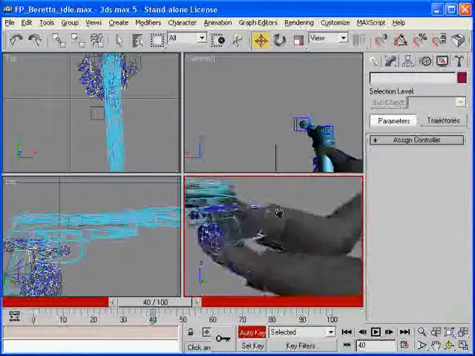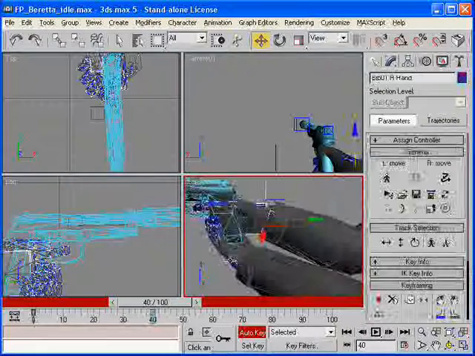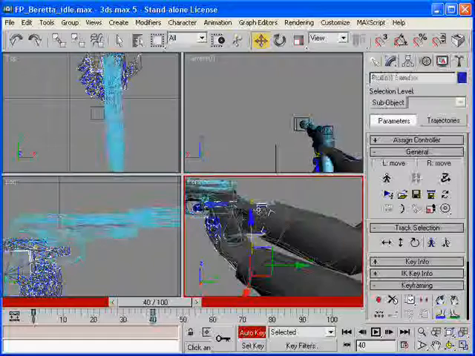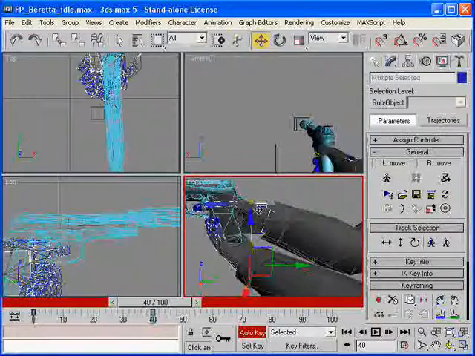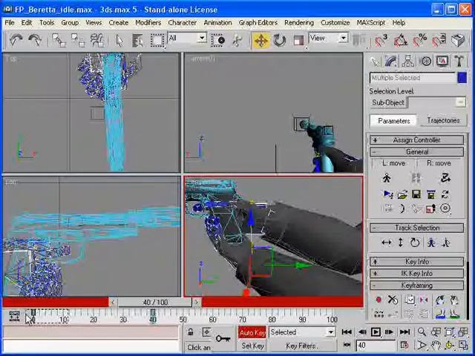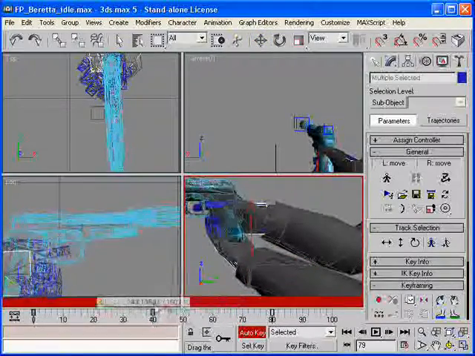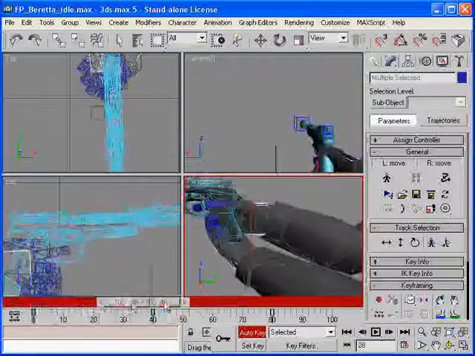Now, simply putting this back into its default position just by moving it back will be difficult, because we can't quite get it back into the same exact spot without knowing exactly how many units we moved it. So the easy thing is we could select this keyframe right here, hold shift, and drag it over here. And then when you let go, it'll duplicate it. And then now when we move the slider, we can see